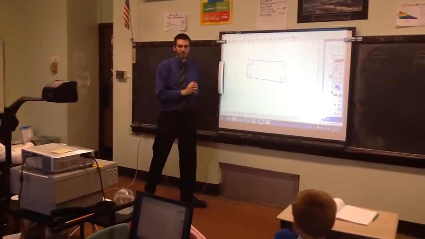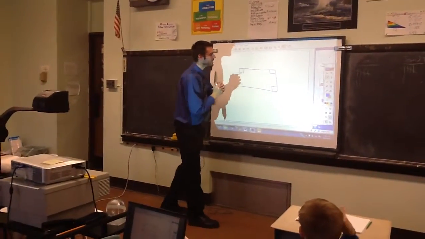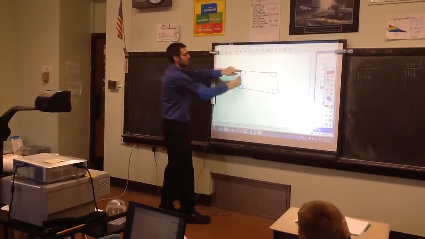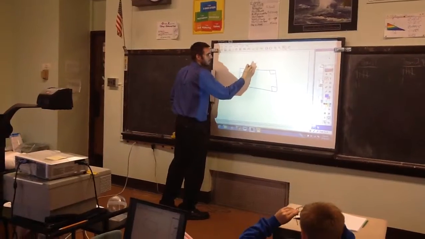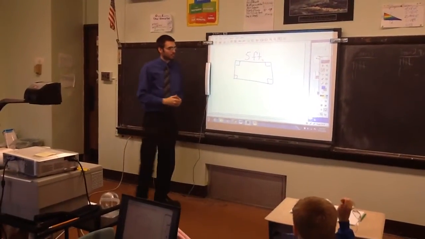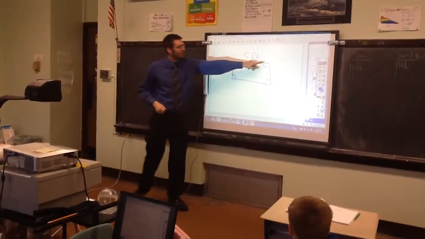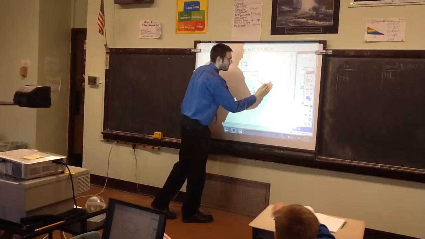See? Told you I'd include shapes in this as well. So here's my rectangle, and all that I know is that the distance from here to here is 5 feet. And I know the distance from here to here is